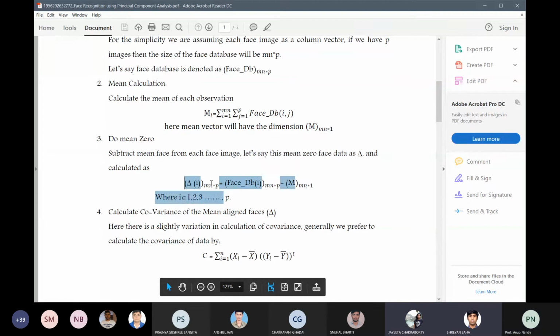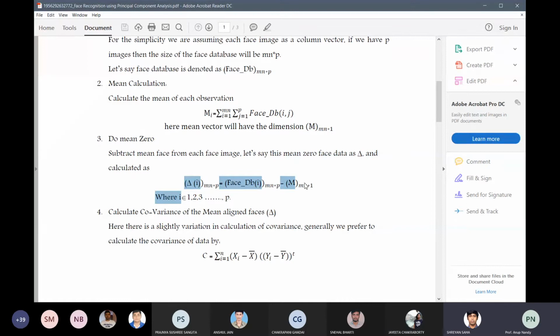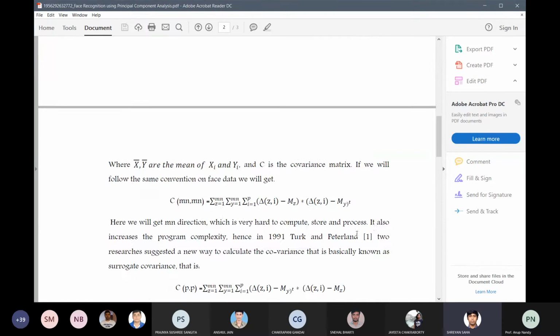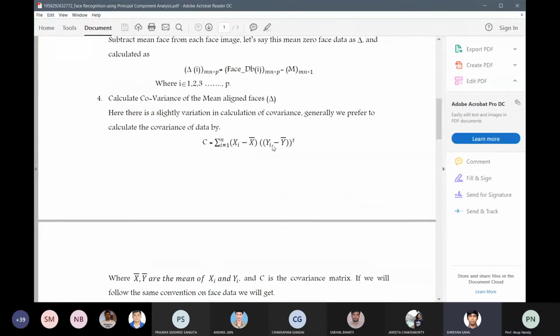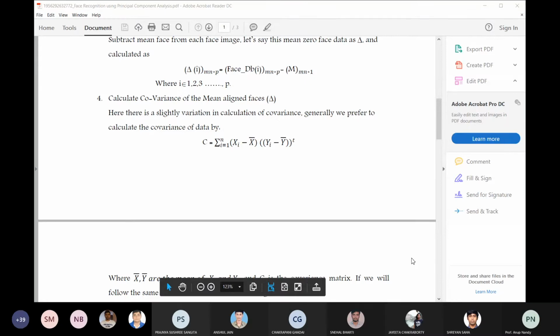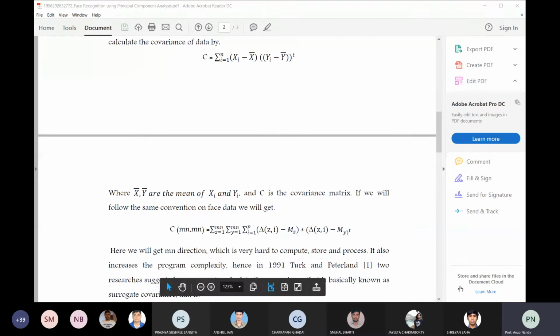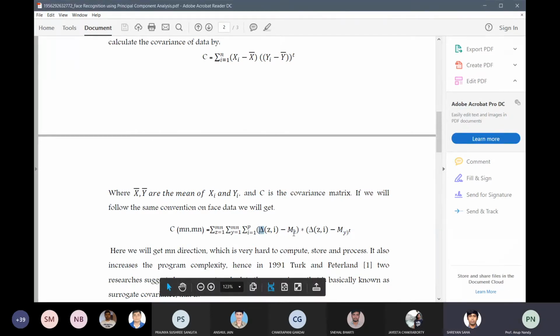Yes. Sir, I'm talking about this part. We are already writing that del is derived from the phase database by subtracting the mean, but in this formula we are again subtracting the mean, and that isn't matching this formula, because here we are subtracting the mean only once per feature. Actually, this x bar is mean subtracted. So here the x bar would be delta. Yes, sir, in this line there should be only delta zi.